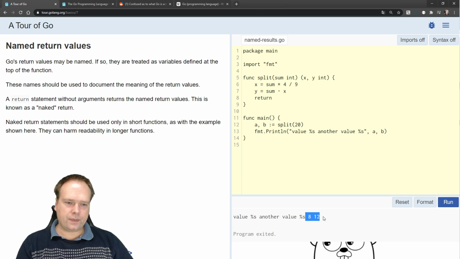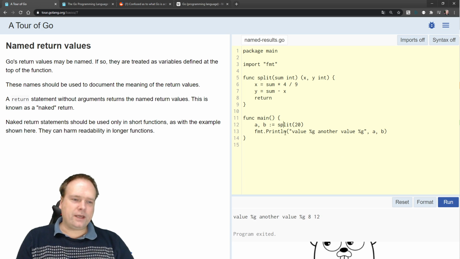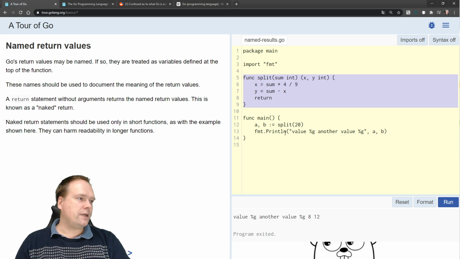Here we have them, 8, 12. They're actually just being printed afterwards, so they were not being replaced right there. Maybe it's a bit different. Actually, I don't know. It does matter, but what matters is that we get the 2 values. We got the 2 values out right here, A and B, and we get those from the function called split. And of course, I could name this function whatever I want to name it, and we're